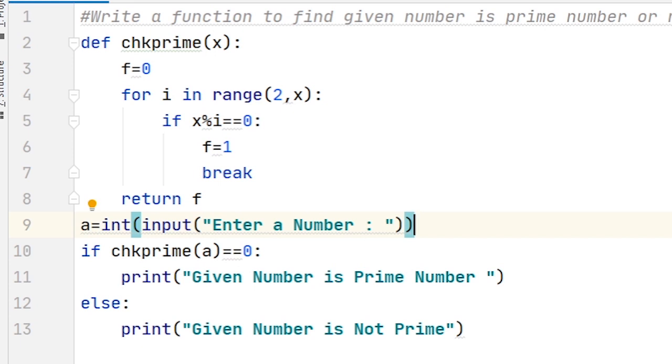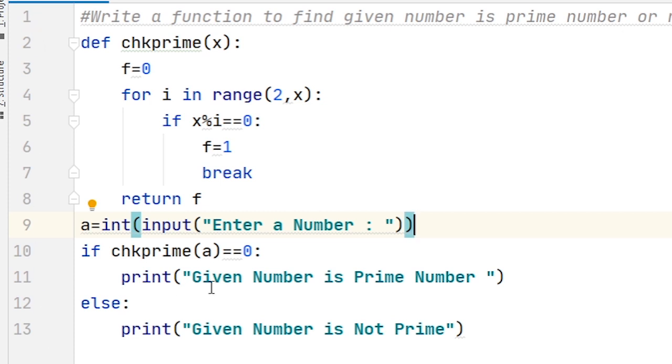Now I will tell you the flow of execution in a program. The flow of execution refers to the order in which statements are executed during a program run. Execution always begins at the first statement of the program, and remember one thing, that all the comment lines are ignored by the interpreter. So in this program you can see a total of 13 lines, from line number 1